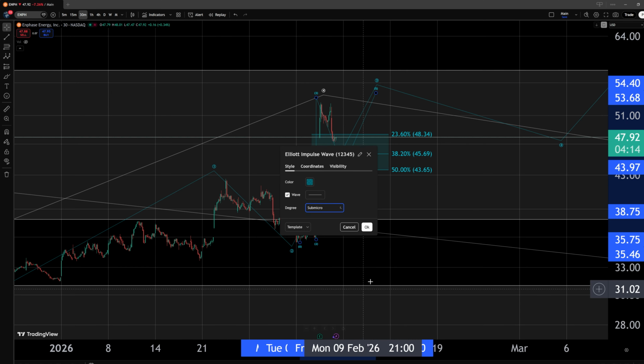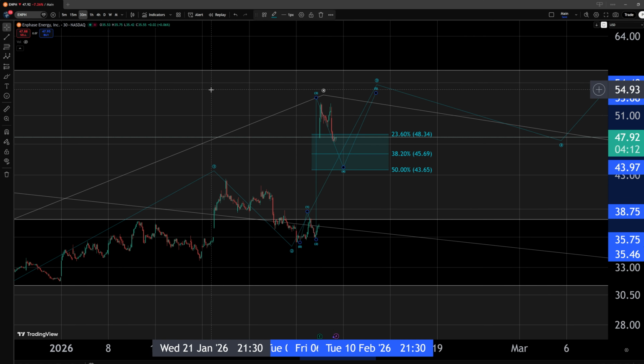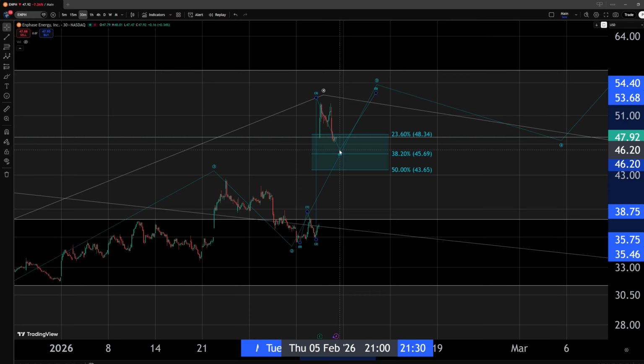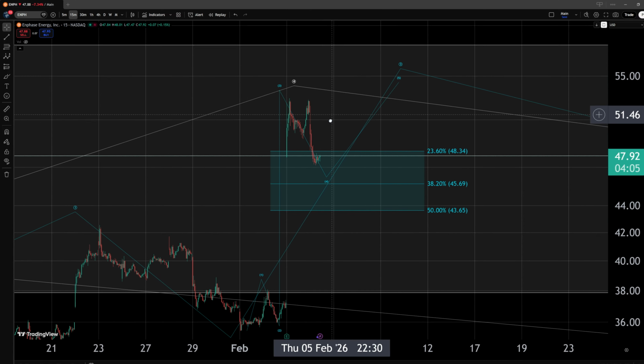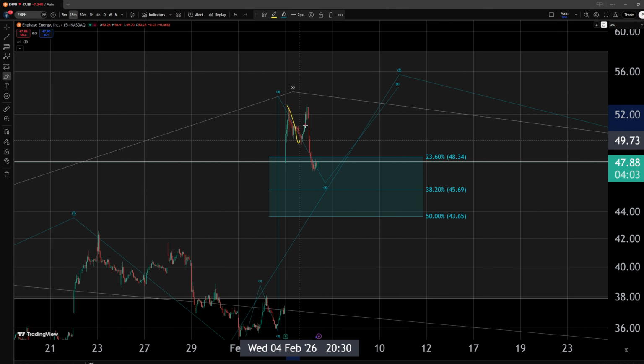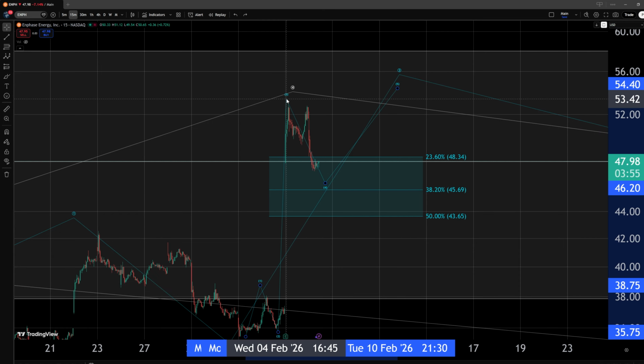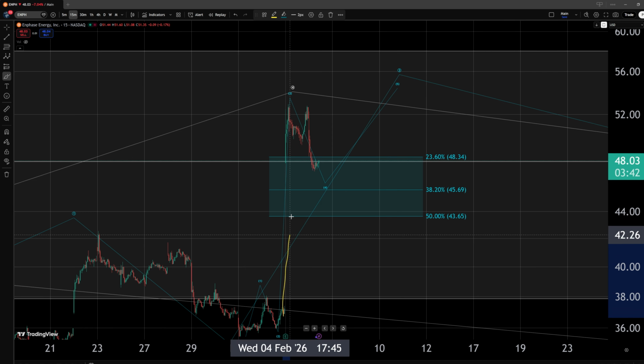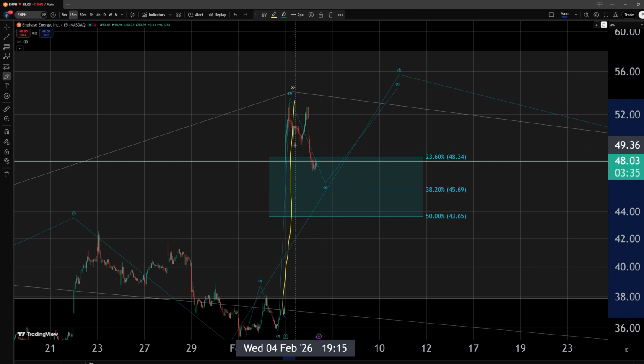Now, I want to also change the degree for this. And in this wave 4, once again, we would be looking for a 3-wave correction. So far, so good, because in this structure, we already have this in place. If I'm being honest, even within this internal wave 3, I might be looking for an additional high, but I will let that slide. I will let that go, honestly, because it is within a 15-minute time frame. It might actually be just built in with what really happened here during the earnings report and the guidance report